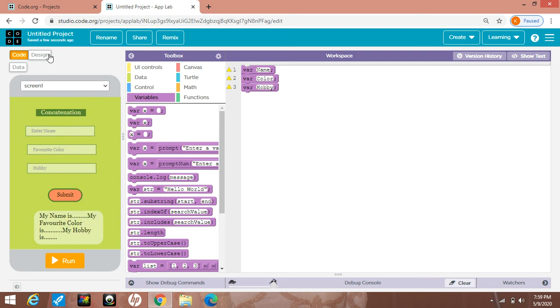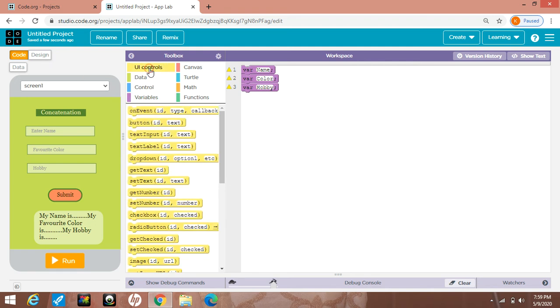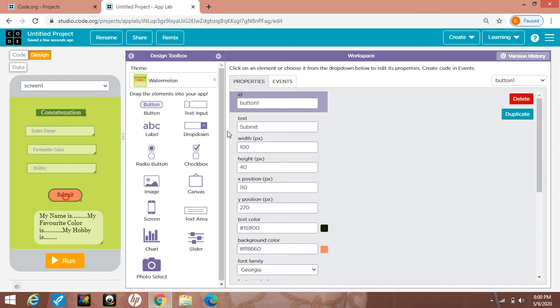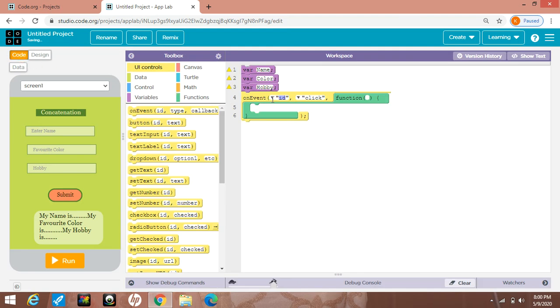Okay. Now when I am submitting on this button, these values will come in the fill in the blanks. For this I will go to the on event block. When I am clicking this button, check the ID of this button. Go in design section. Look at this. The ID of this is button1. Now I will choose button1 here.